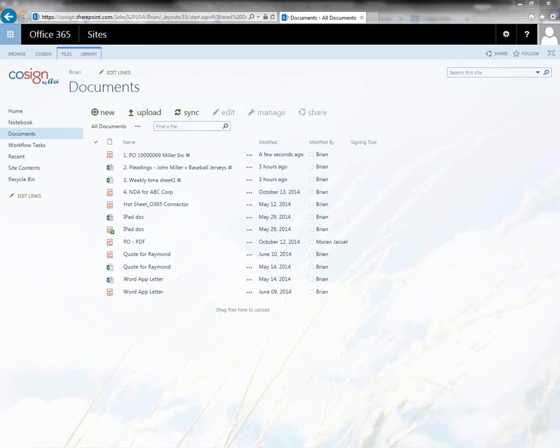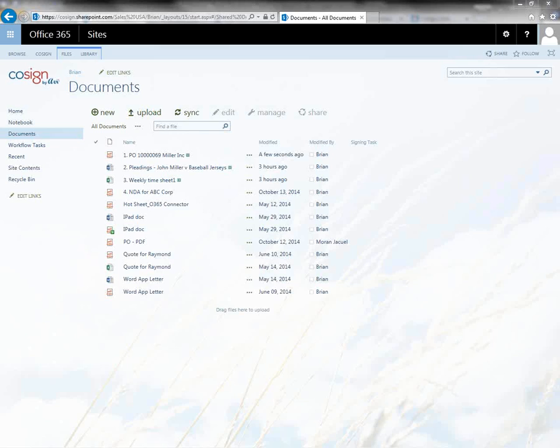Another question I have here is, can Cosign sign document formats other than PDF? Absolutely. So Brian mentioned that we can sign all the Office formats, so your Word, your Excel. We can sign list items. We can sign InfoPath forms. We can sign data.